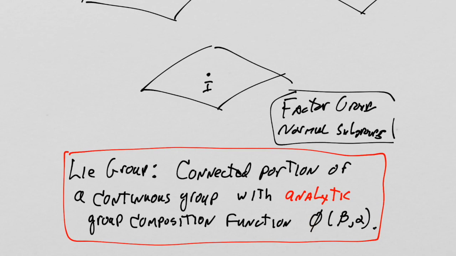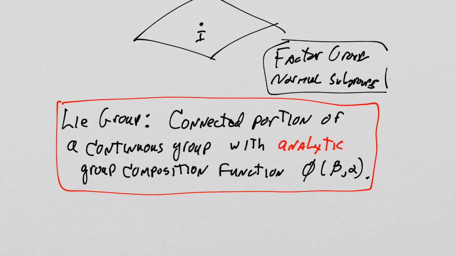So we now have a connected continuous group, a continuous group that is connected, and the group composition function, which is already known to be continuous, right? That's the definition of a continuous group, that this thing is continuous. And we mean it's continuous in the coordinates of beta and the coordinates of alpha. So the actual continuous function